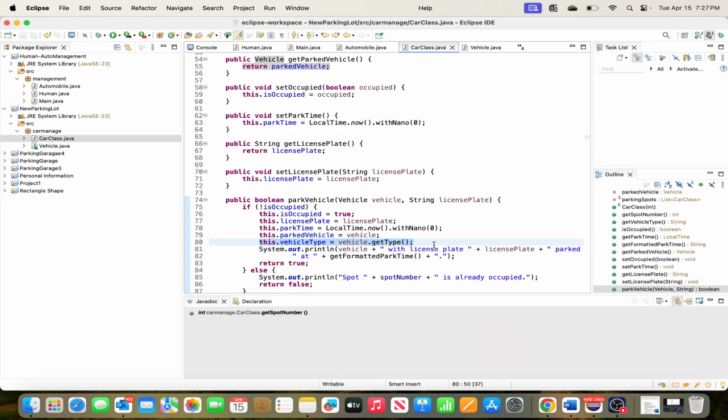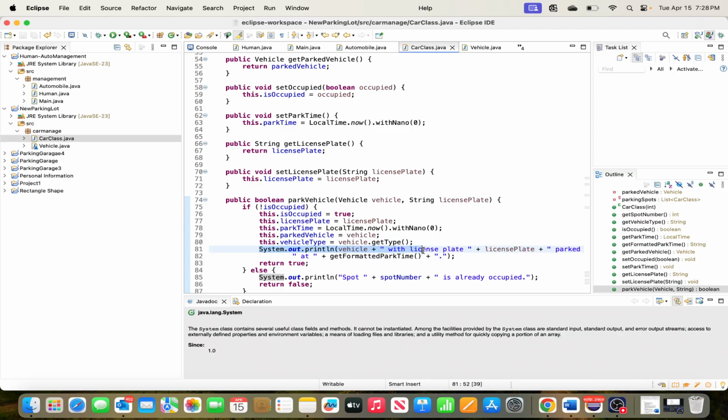Get the vehicle type, so get its model, year, type, and brand, and it will print out the vehicle, which could be a Toyota Camry, whatever model or whatever style it is, and 2013 or something,